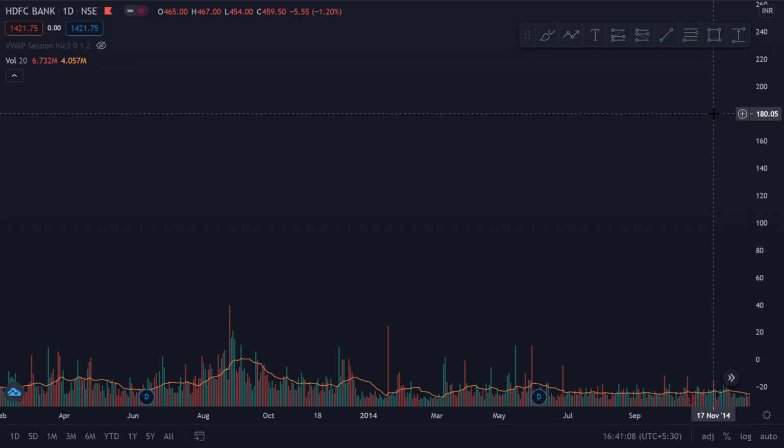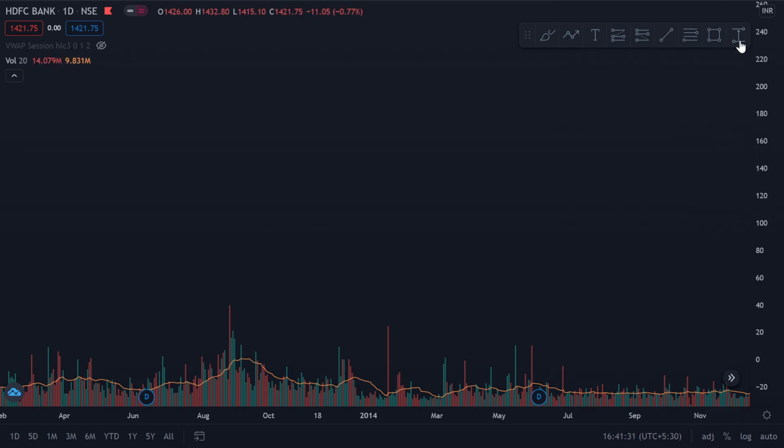So these patterns occur everywhere in capital markets, not only the stock market, even in commodities or anywhere else you see, these patterns are always prevalent. That is how markets function, that is how price moves. Price has historically made these patterns repeatedly. So what patterns am I talking about?